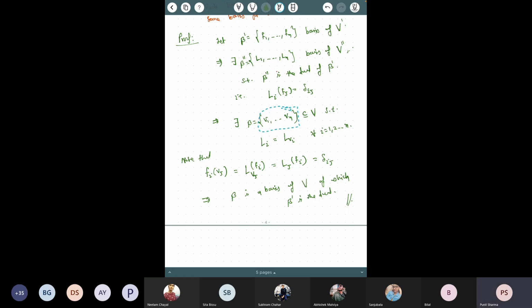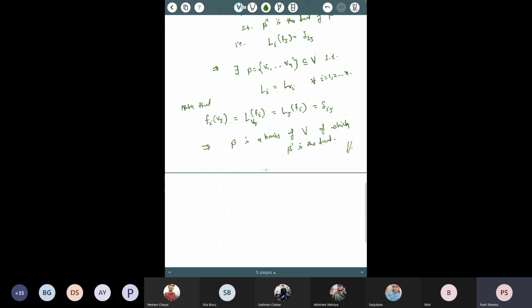Now can you show that these vectors are linearly independent? Yes, sir, we can show, because the dimension of V equals n. Then we take a linear combination, and you have to show that these vectors V1 to Vn are linearly independent. So if you want to show that, what you will do, you will take alpha 1 v1 and so on up to alpha n vn equal to 0. And you have to show these alphas are 0. Now why are these 0?